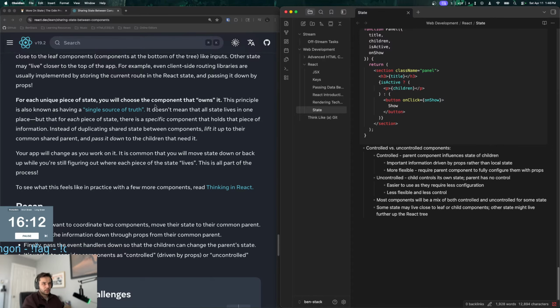For each unique piece of state, you will have to make a decision about which component owns it.